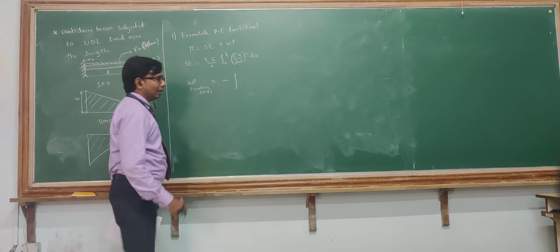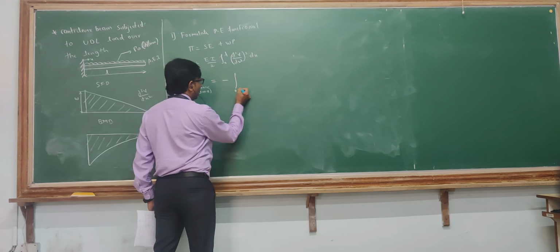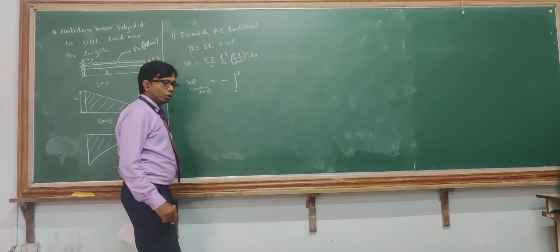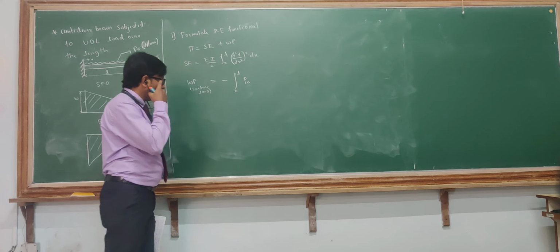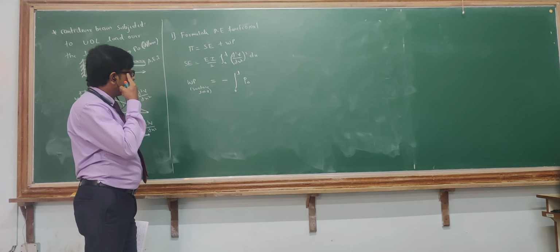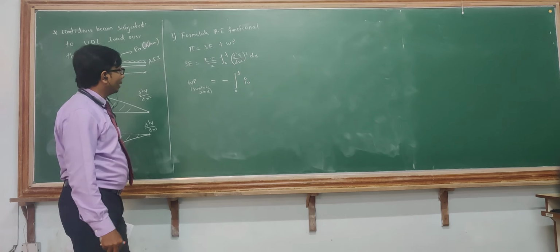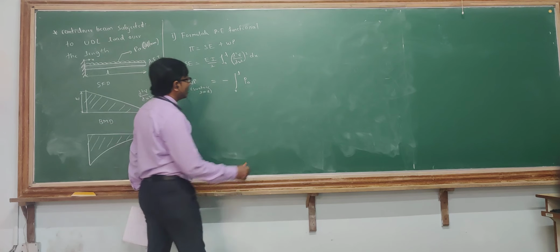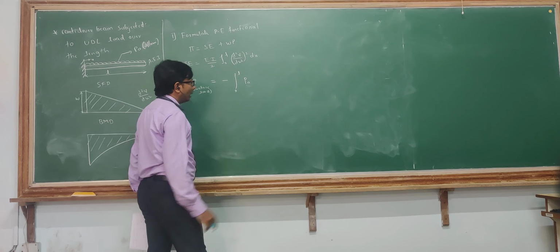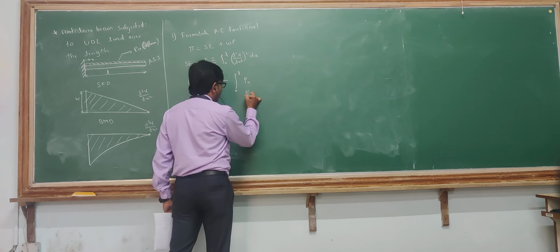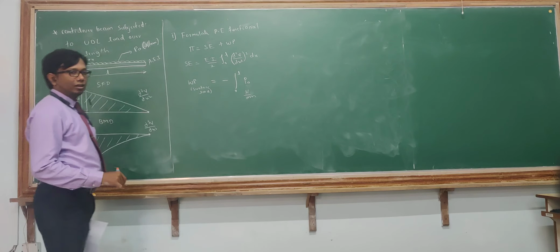How is the load acting? The load is acting over the length, so I'll take 0 to L. P naught is the load which is given, and P naught is in Newton per mm. I'll initially take it as a load only, Newton per mm only, into the displacement. First I have to write the displacement parameter.